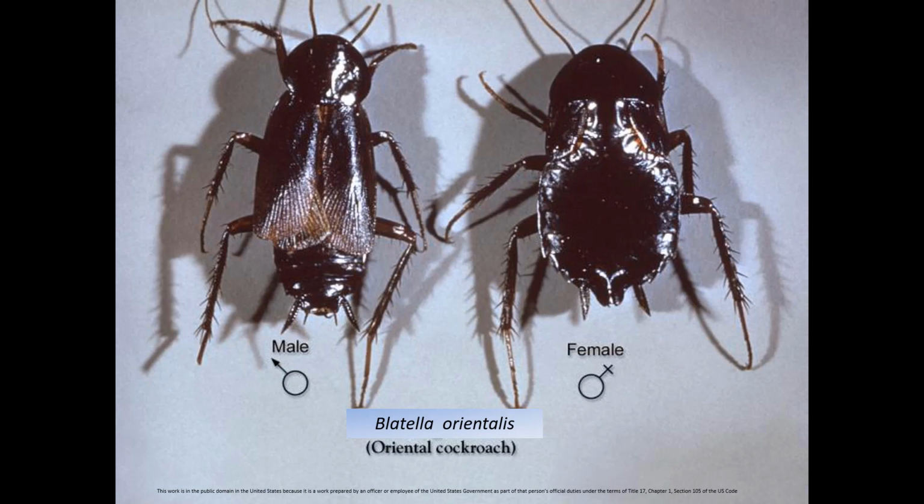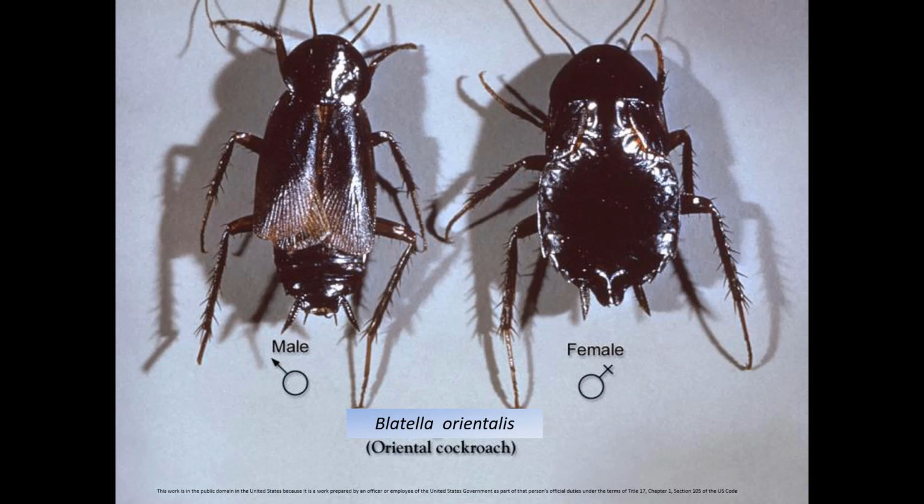Now, when we look for them outside, we tend to find them near decaying organic matter. So in lawns, in compost piles, those sorts of places. Indoors, they're a lot like the American cockroach, where they're found in moist areas, but they're a little strange. They tend to stick to ground level and below. So if you have a second-story kitchen, or you have your bathrooms upstairs or whatever, they don't tend to go up there like we see some of these other cockroaches. Instead, they'll stay on the ground floor and they'll stay below. That's because they like going outside and coming back in all of the time.